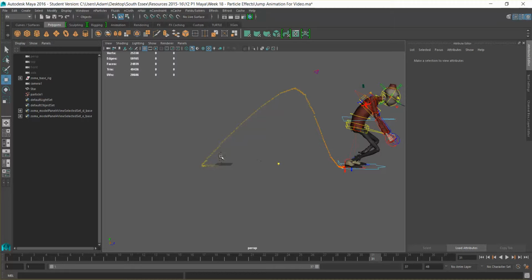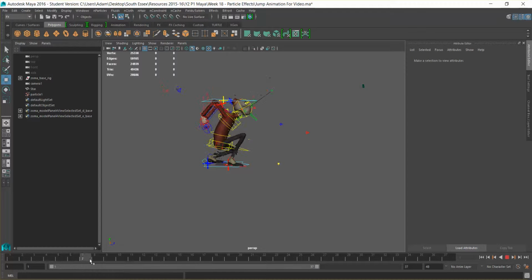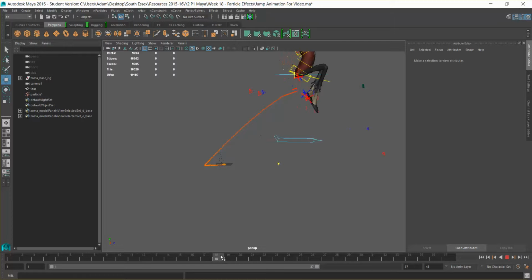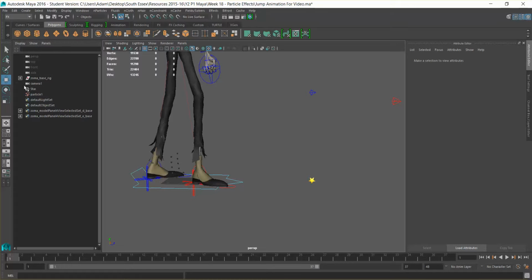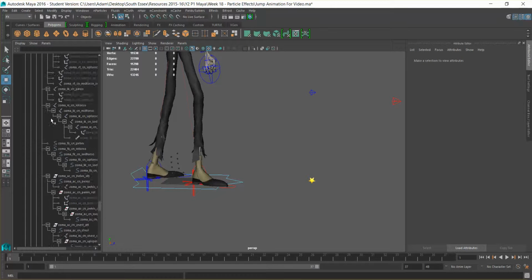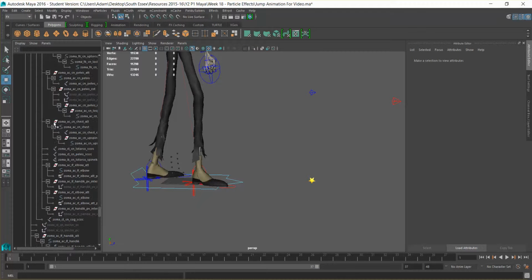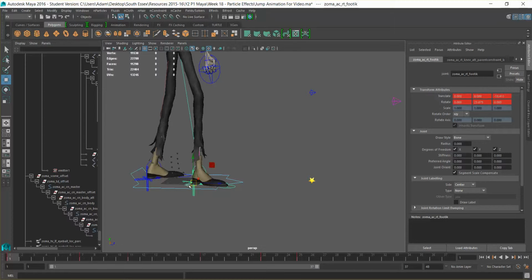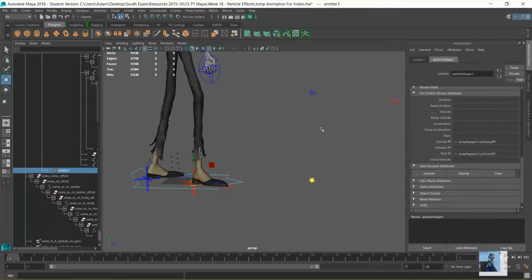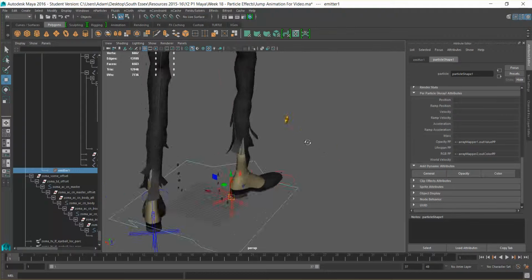Okay, so with our jump, the way we're going to have this is that when he initially moves, it's not going to light up at this point, it's going to start here, it's going to push up, and it's going to cut out around there. Okay, and so to do that, we need to get back to our emitter. So I'm going to hold Shift, and it will open everything up. And if you scroll right down to the bottom, you can see how many joints and connections there are in this scene. We're going to go and find the feet. The way we can do that is to select our joint, and it will select it up here. And obviously, we can then find where our emitter is, which is here. So with our emitter selected,